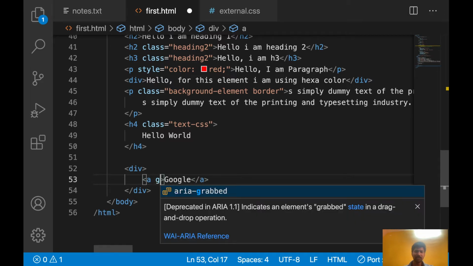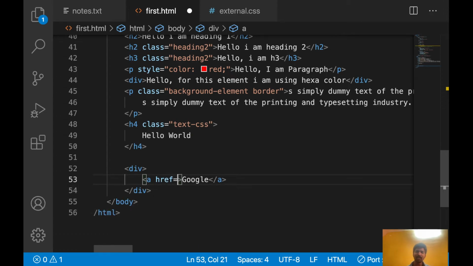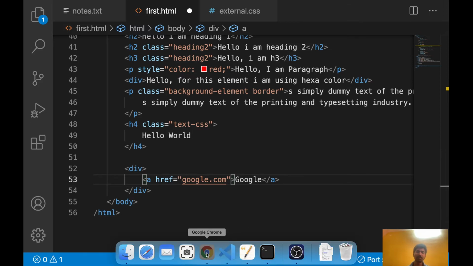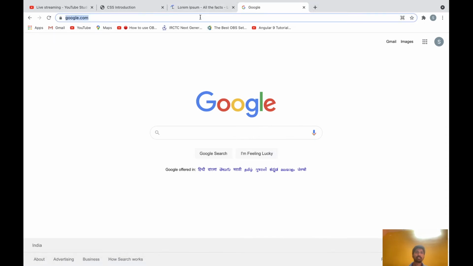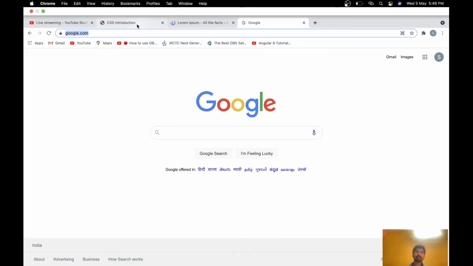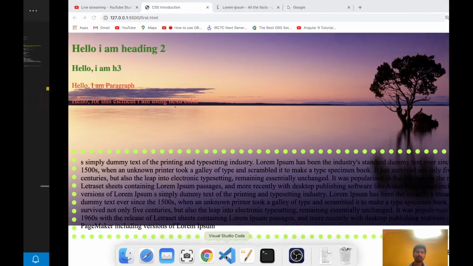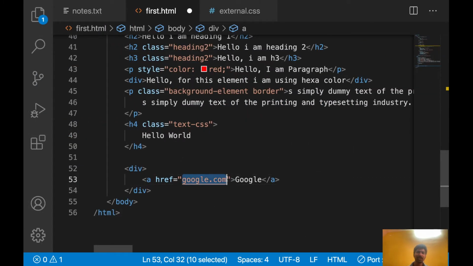Here href is the attribute, where we give the path of the link, google.com. Let's go to Google and copy the path, and just paste it instead of writing it. This is the Google link.